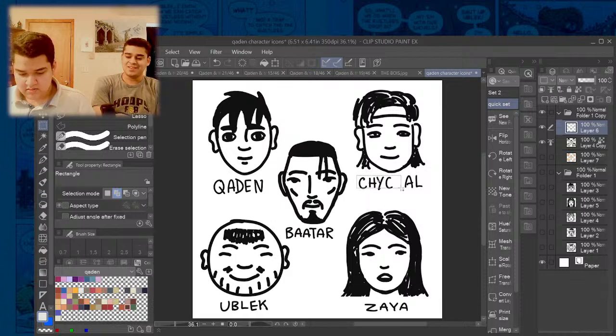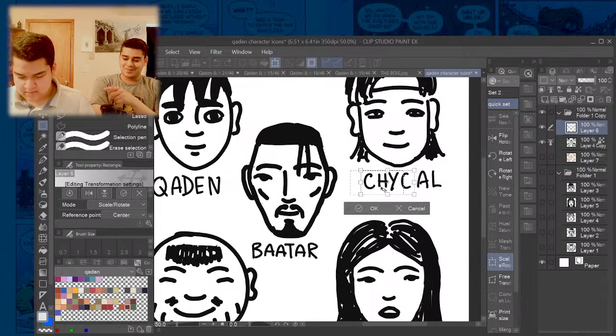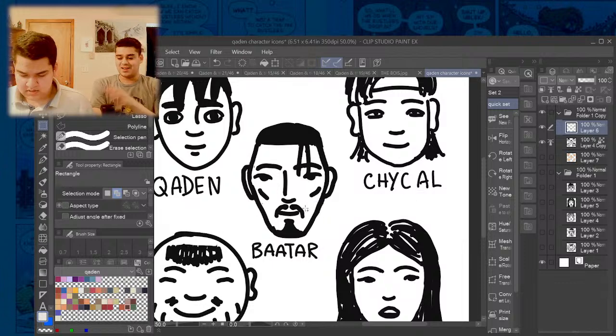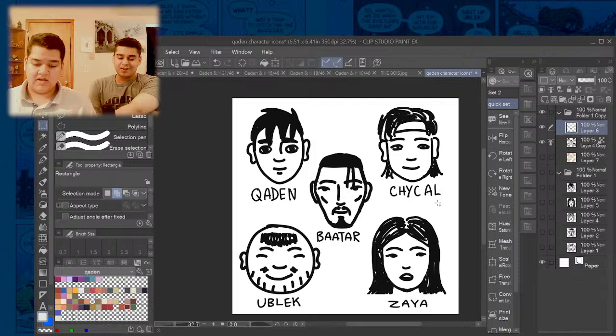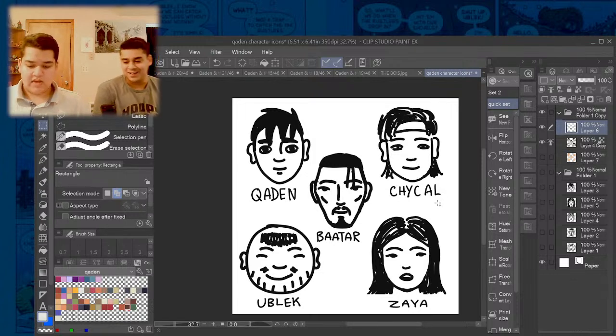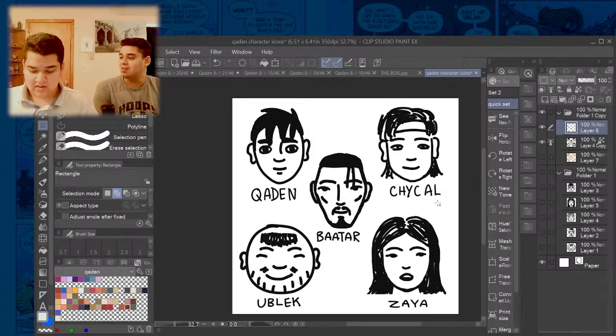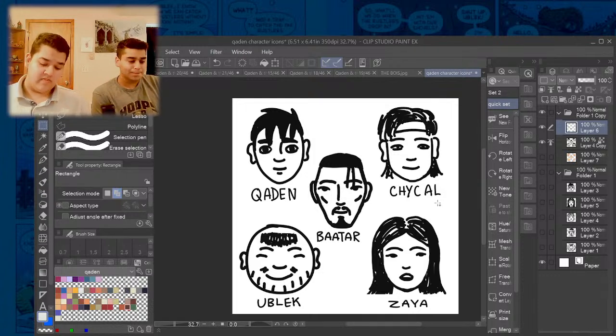Oh yeah, and one more thing. This goes with what you were saying, that I want them to be iconic, kind of like a logo. They're not going to look exactly like this, but this is almost like a logo, right? These are the most simplified versions of them, the essence boiled down. I think that's important: to have a character who looks iconic. If you can boil them down to just icons,